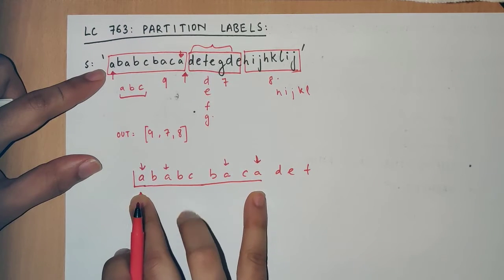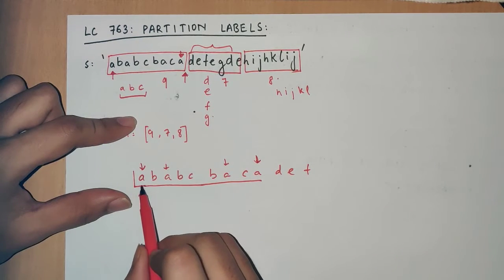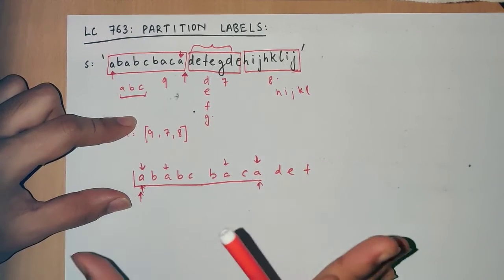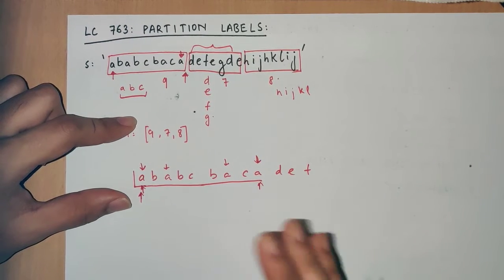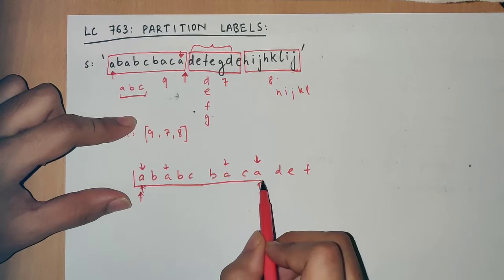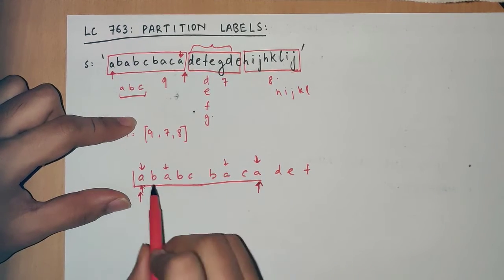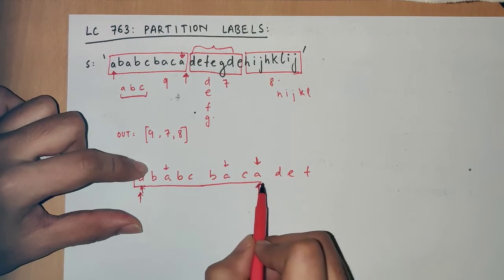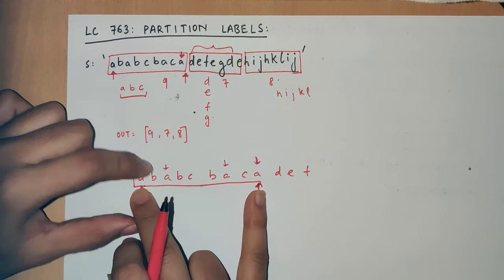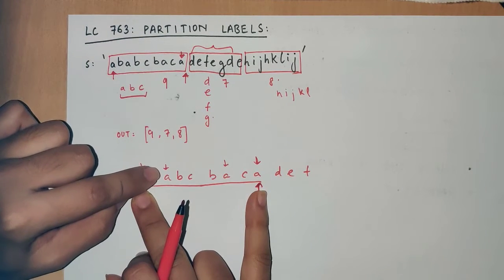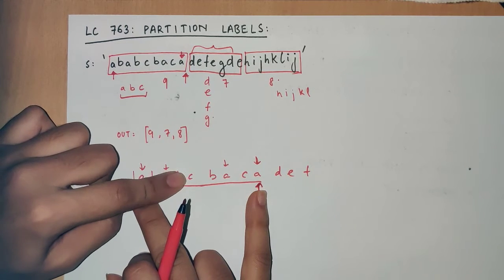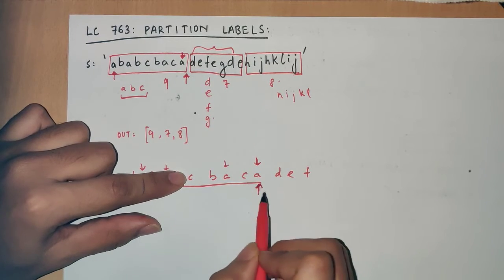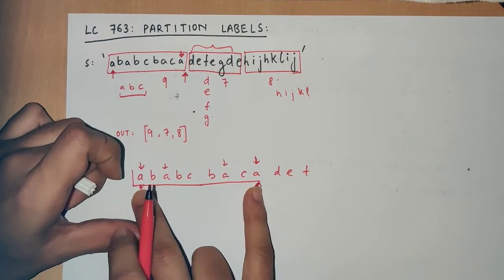But we cannot fix this size as of now, because there might be some other elements between this A and this A. Suppose B is there, which might extend this partition a little bit. So currently we have just temporarily fixed the size of our first partition till this last occurrence of A. Now let us see, B's last occurrence is over here, so it is well within the partition we have already selected. So we can ignore B for now. A we have already got, B we have already got. C's last occurrence is again well within the boundary we have selected for the partition, right?